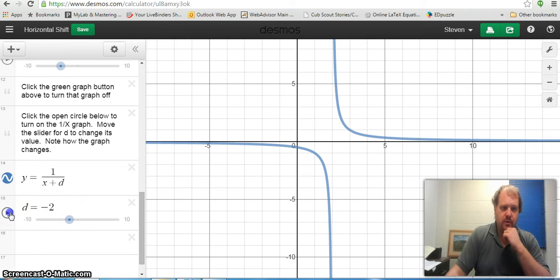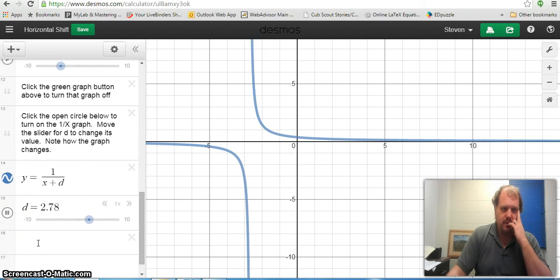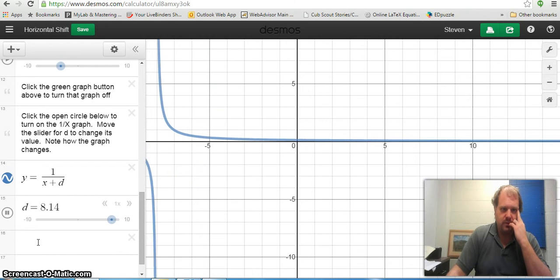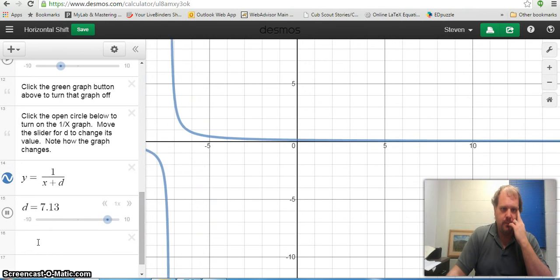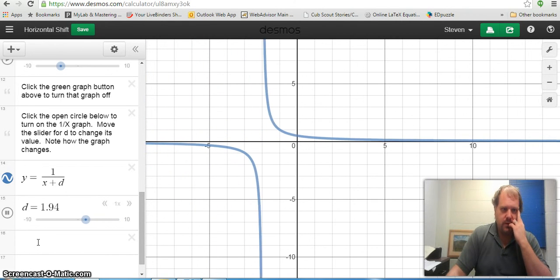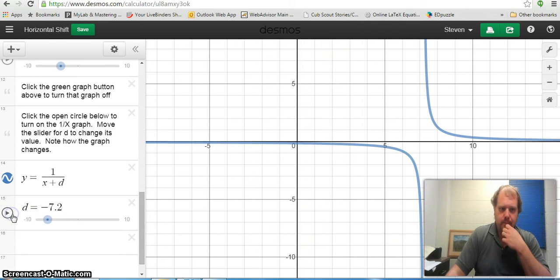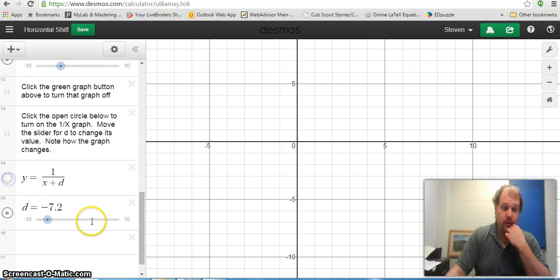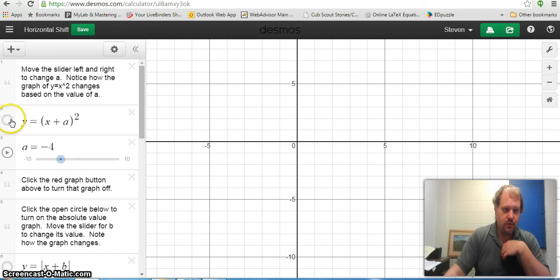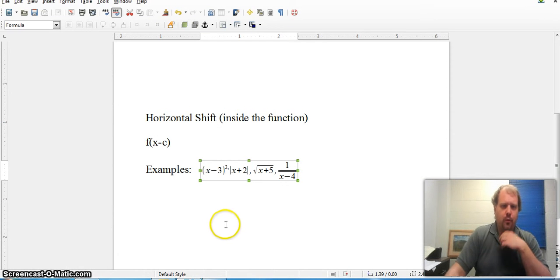And as you play around with these, you can actually let them kind of automatically go if you want a fancy little picture here. And you can see that when it's positive, it's to the left. When it's negative, no matter where I stop, it's moving the graph that many units to the right. Okay, so that's our horizontal shift. And so if we look at our 4 examples here,